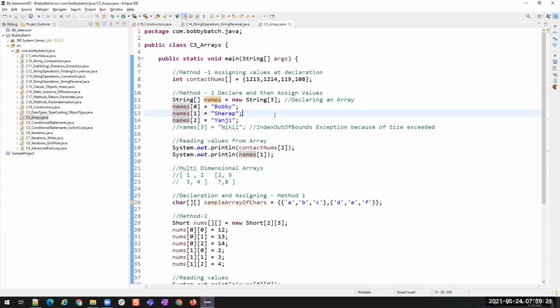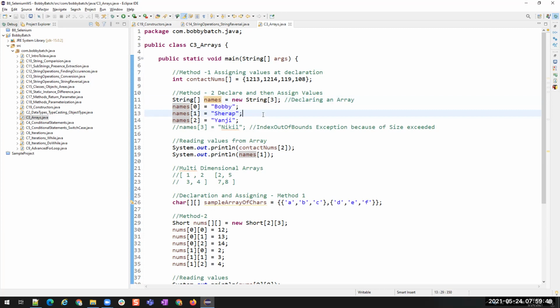But in real time, that doesn't go with us. In real time, we are not sure. Sometimes we have 4 values, or sometimes we have 40 values, sometimes we have only 1 value. We cannot keep on creating different array objects with different sizes, right? So that is the reason we have dynamic-in-size objects.